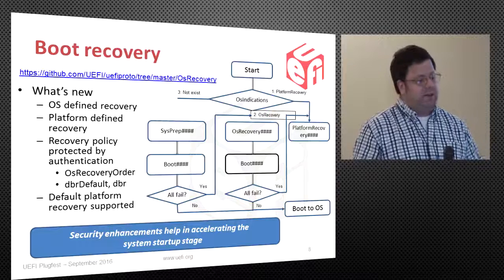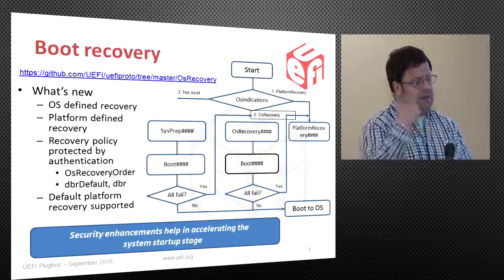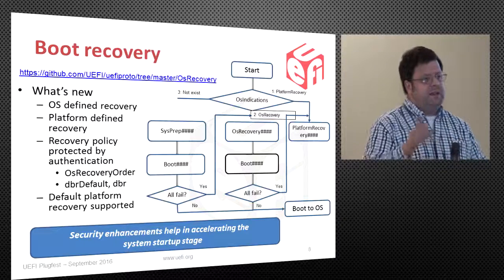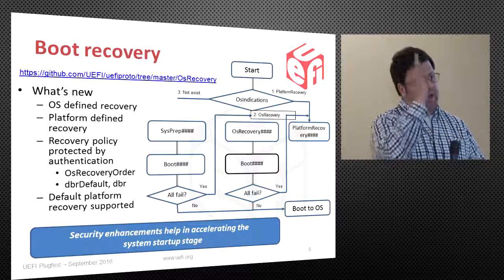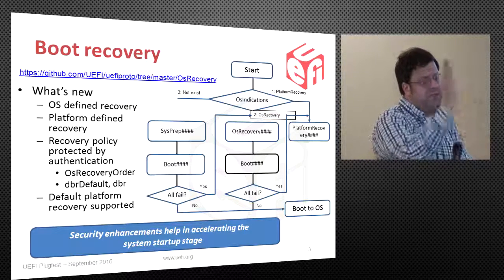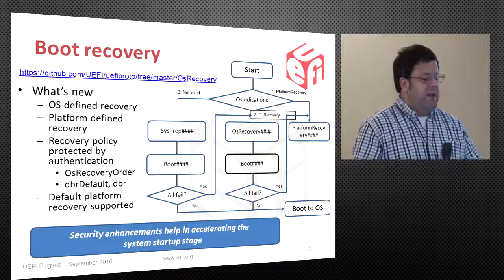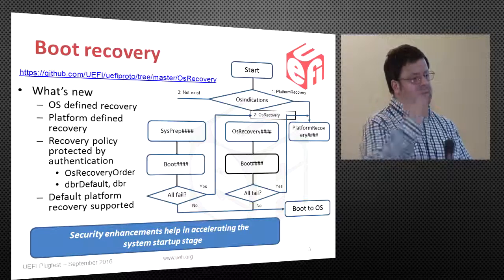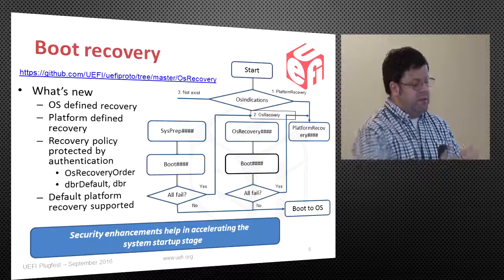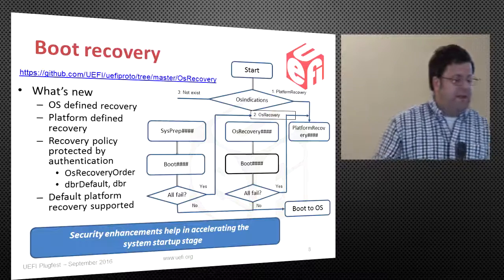So what boot recovery is all about is, our boot options today are circa 1998 EFI 1.0 spec. They're mutable, there's no administrative control. And a lot of people do recovery today by recomposing the boot options. They have one boot option, maybe the first is their pre-boot authenticator, their disk encryption, the second can be their primary OS, and their third boot option may be the recovery OS. The problem with that is if malware goes after your system and deletes your boot options, you've lost that third boot option. So the intent behind recovery is to have some more hardened, access-controlled boot options and have recovery as